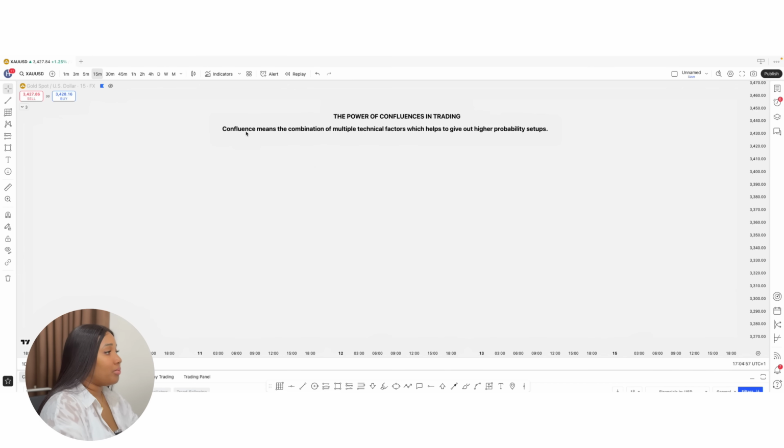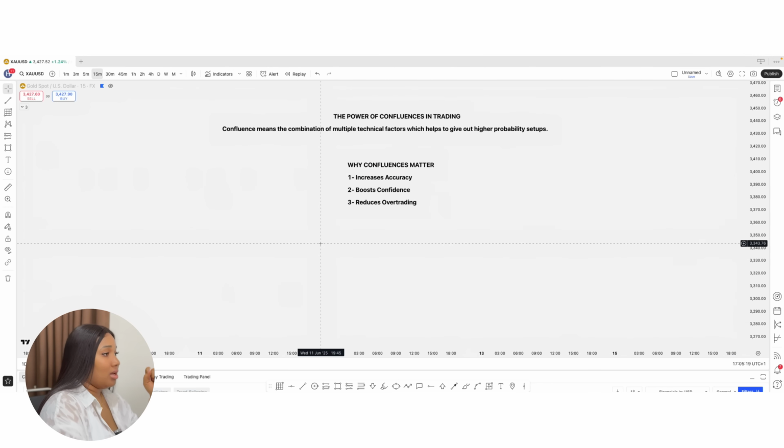So a quick one. From the screen, you can see I've been able to give a simple meaning of what confluence means. It means the combination of multiple technical factors which helps to give out higher probability setups. So now, why does it matter? I've also been able to map out why confluences matter. It will increase your accuracy in the market, and it will also boost your confidence and also reduce